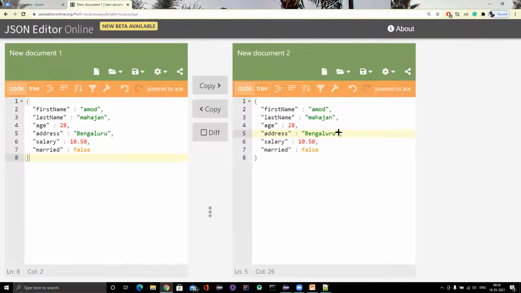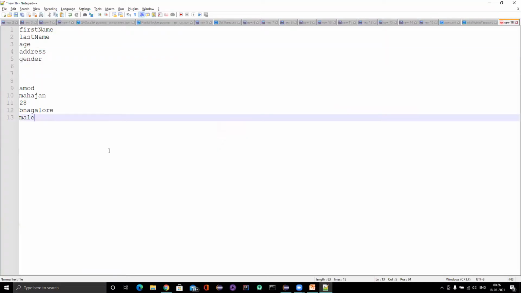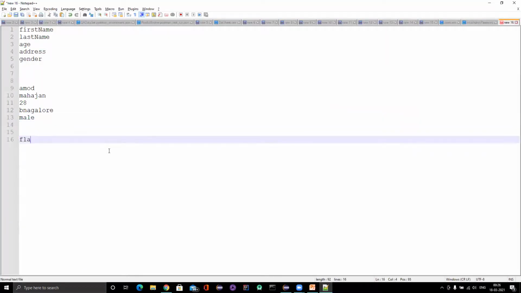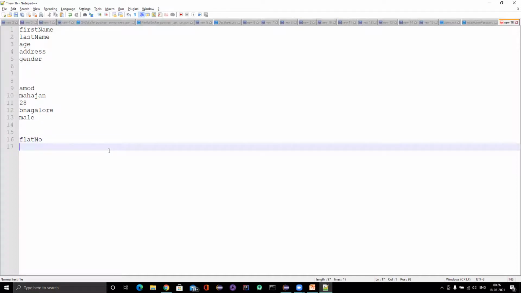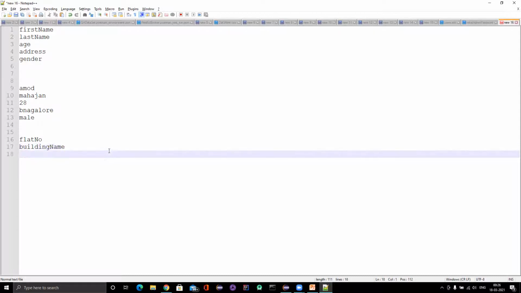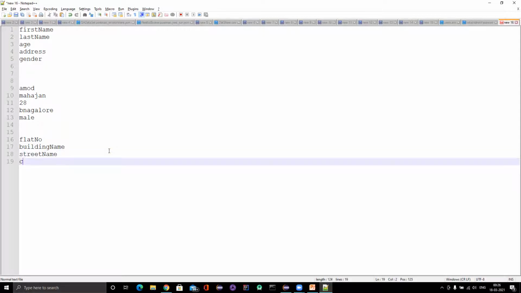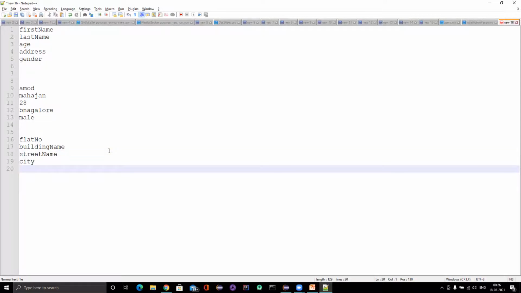Suppose for address, I need to use the flat number, then building name, then street name, then city, then pin, right?